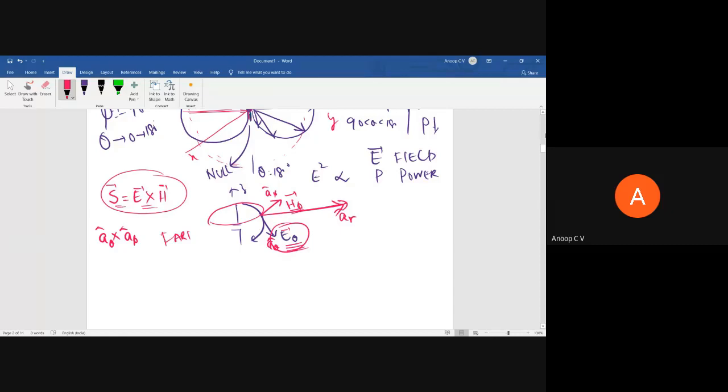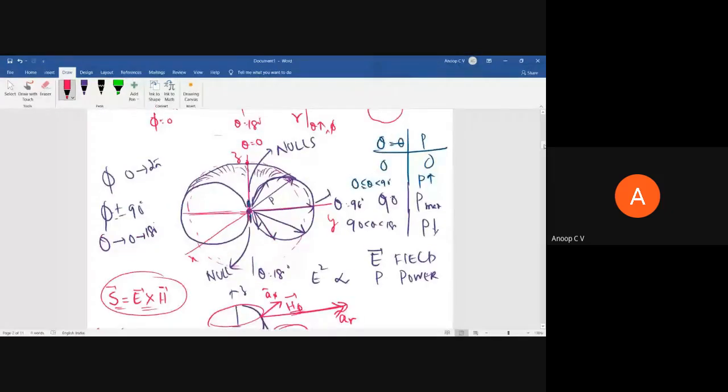Now I want you to appreciate this. If you see up, are you able to appreciate this? The radiation pattern of this half-wave dipole will be something like this. It will be donut shaped. If you see from the top, it will be a circle. If you see this cross section, that is a figure of 8. That is the donut.